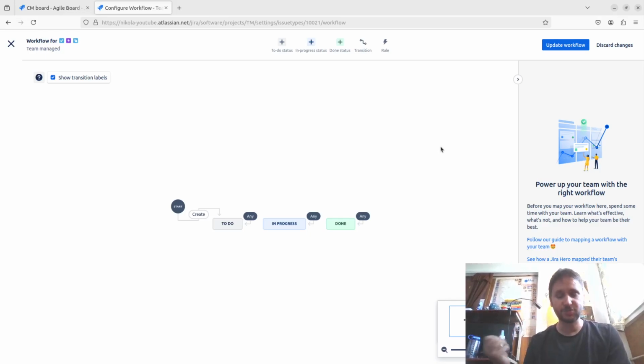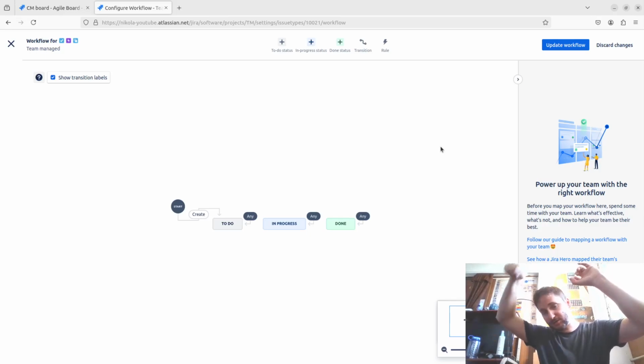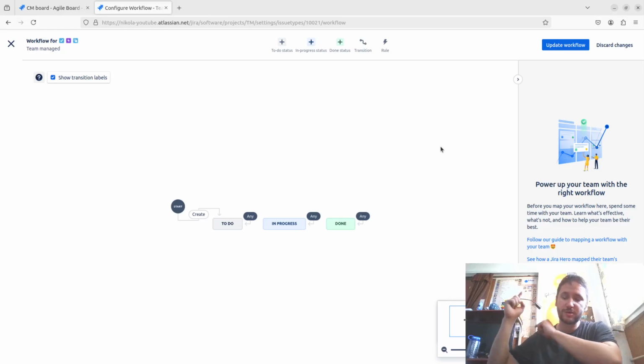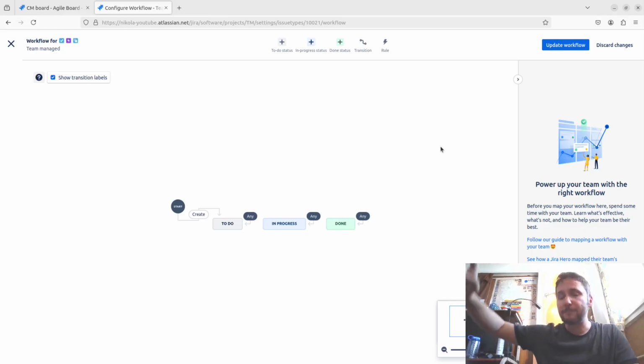In company managed projects, this could be tricky because maybe that one workflow is being shared with 5 other projects. That means if you make a change on that one workflow that shares the workflow with the other projects, those workflows are gonna be changed as well. We don't want that. So the best practice is to make a copy of that for all of those projects. To make the copy, because